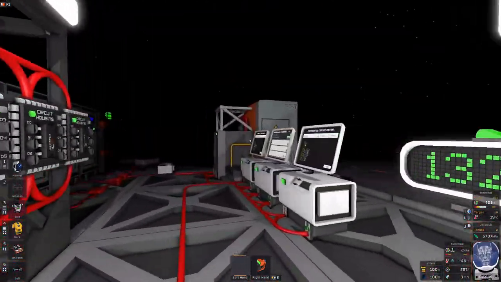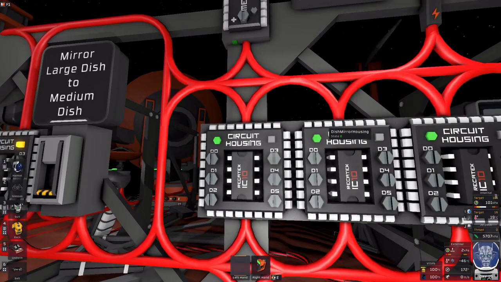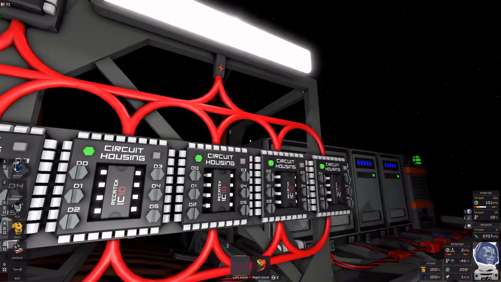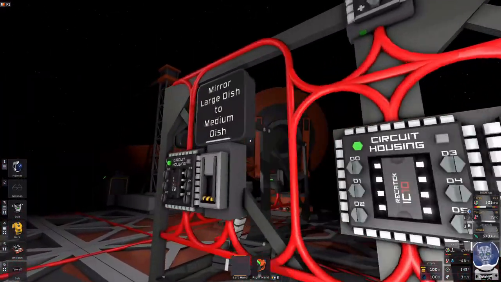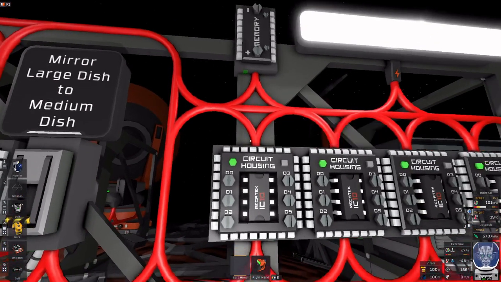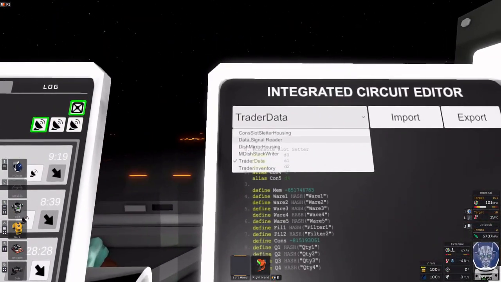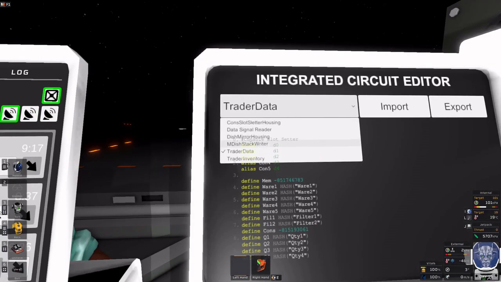So to start with, the first chip housing is going to be the dish mirror. I labeled my housing so that I can more easily find out what is what. I definitely recommend doing the same thing for your setup. The first one is going to be the dish mirror housing. And again, when you get the correct housing, for example, dish mirror housing,